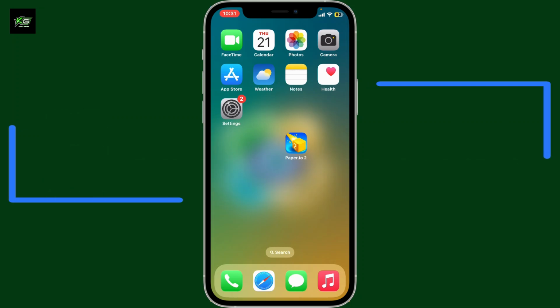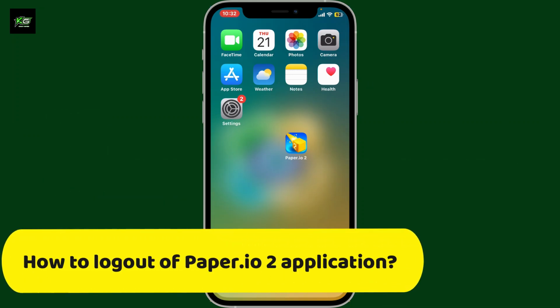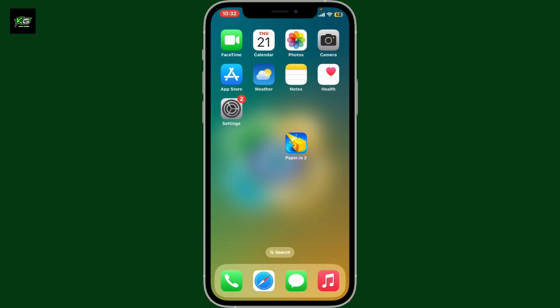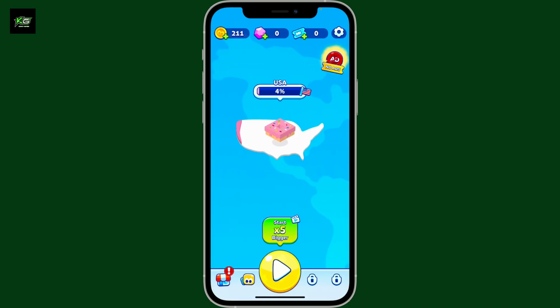Today in this video, we are going to be learning how to log out or sign out of the Paper.io2 application using your mobile device. Whether you are switching devices or taking a break, this tutorial will make sure your account stays secure. First of all, open up Paper.io2 on your smartphone and then from the home page, tap on the gear